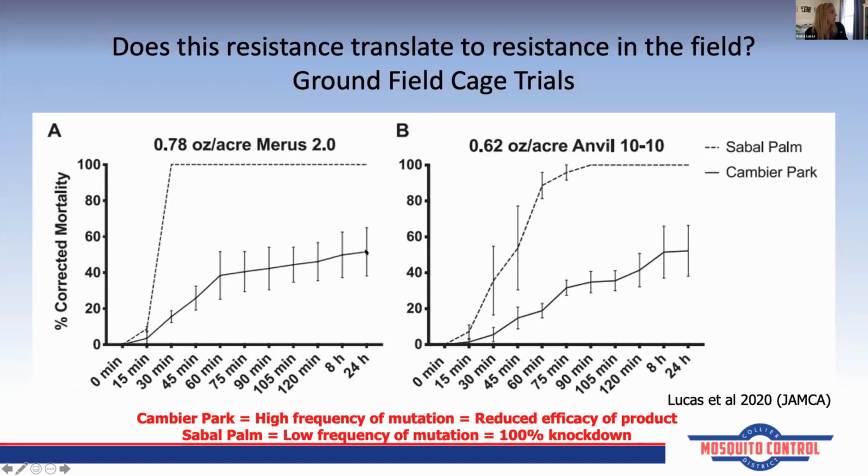Cambier Park is here. We definitely saw resistance, or a reduced efficacy, to Maris 2.0. That's how long ago we did this work. And Bill 1010. Both of these products use pyrethrins, this one uses sumithrin. Sable Palm, we actually were able to get a pretty decent kill, and so we were happy with that. But